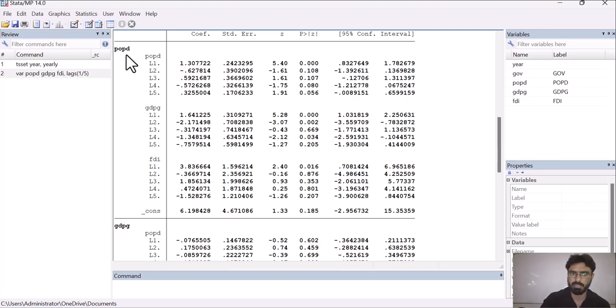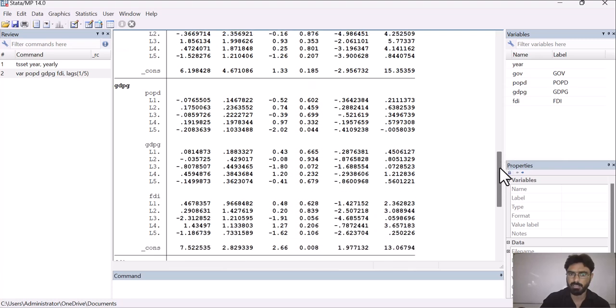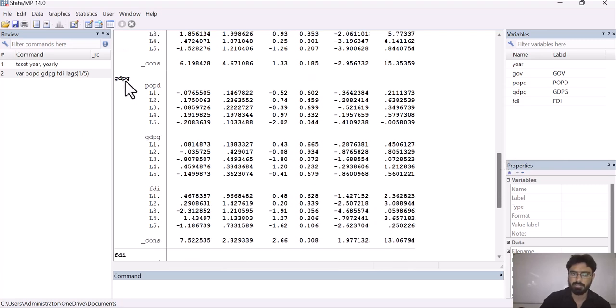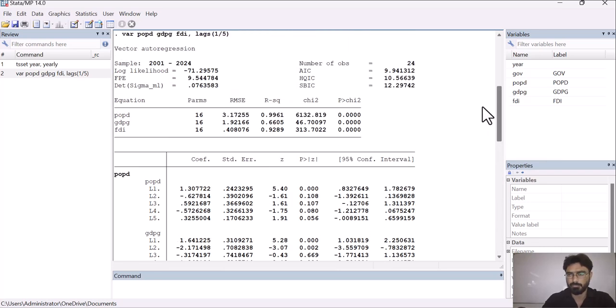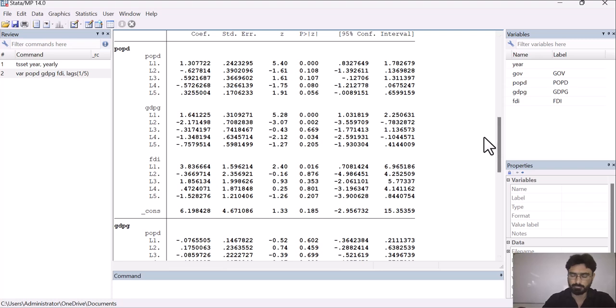One is this one in which POPD is the dependent variable. The second is this one in which GDPG is the dependent variable. And the third is this one in which FDI is the dependent variable. If you have 4 variables, then it will give you 4 model results. It all depends upon your number of variables.